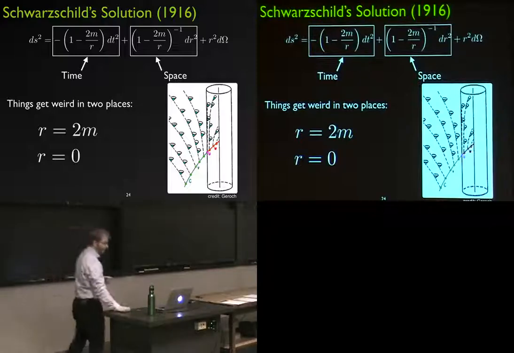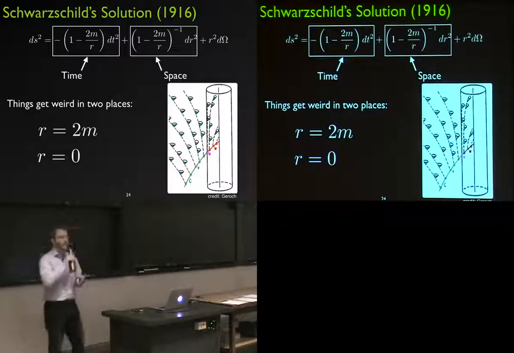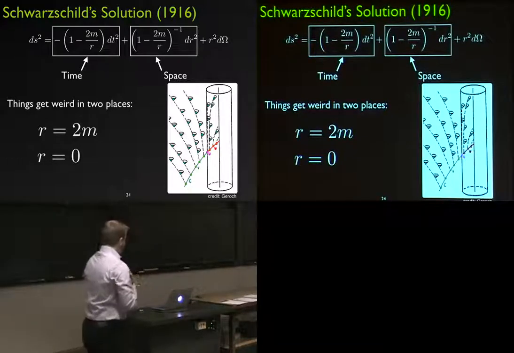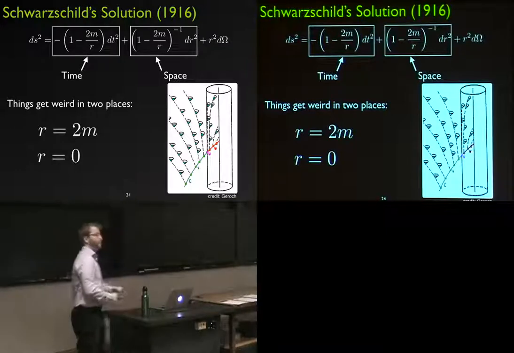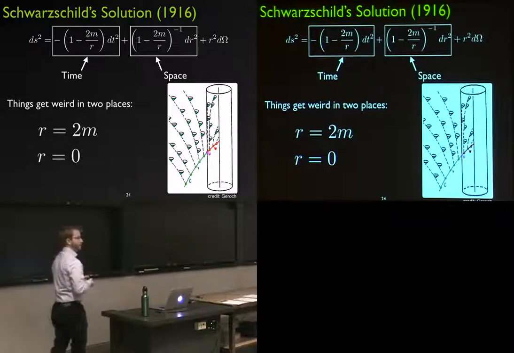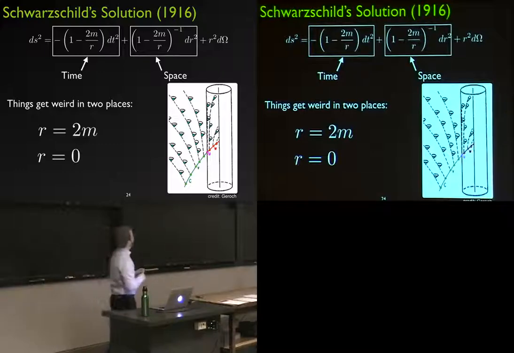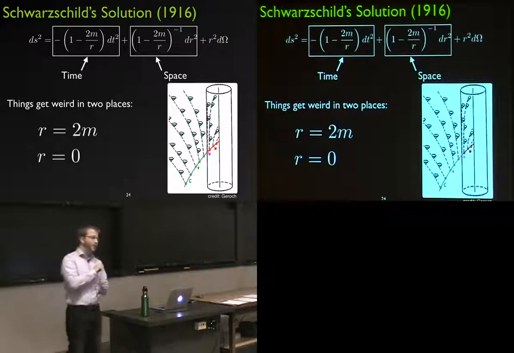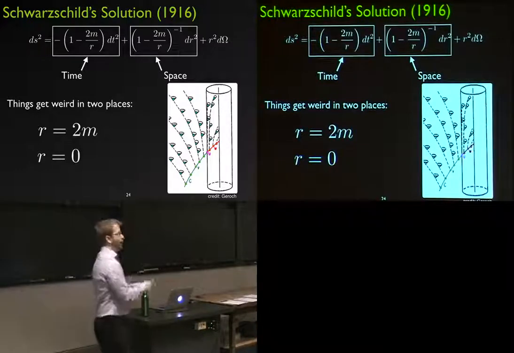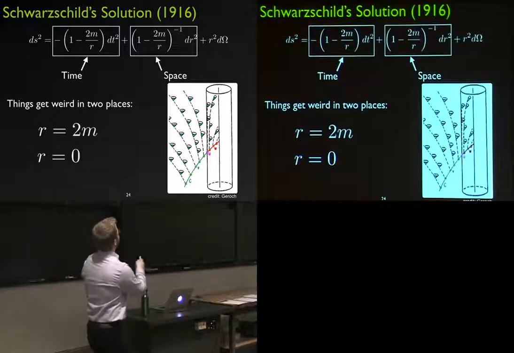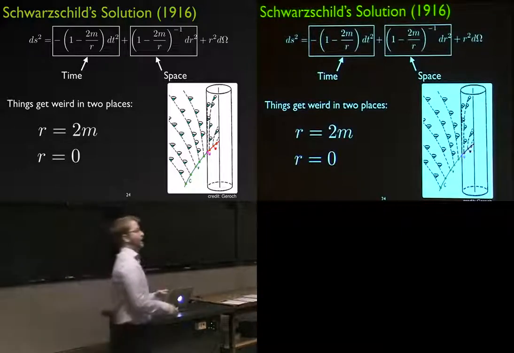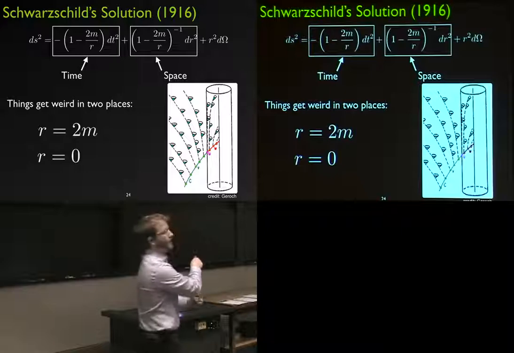In that fraction 2m over r, when you set r to 2m, mass is in certain dimensions and distances are in other dimensions. You just ignore the dimensions? Yeah, so there's a bunch of G's and c's. G is the gravitational constant that's in Newton's description of gravity, and c is the speed of light. You could put all of those in to make the units work out, but when people are working in general relativity, they tend to just set all of those equal to 1 and work in these geometrized units. So in practice, there are G's and c's in here that make all the units work out.